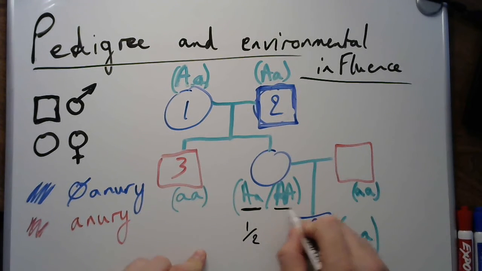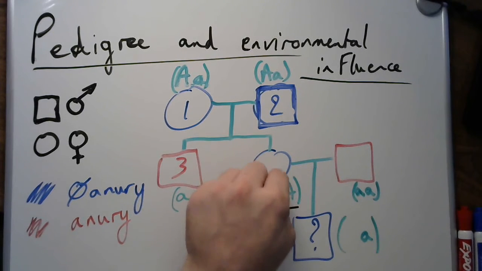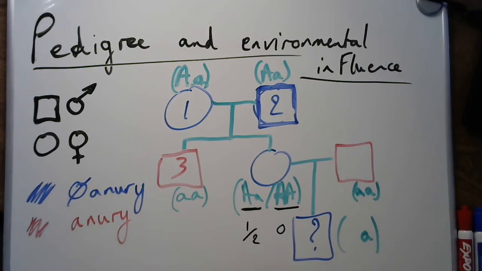Now, if the mother is not a carrier, she won't pass on a little a, so there's 0% chance of having the disease. Right? So it all depends on her genotype. And these are dogs, right? But if we talk about human beings and any other disease, the pedigree can be the same, the layers can